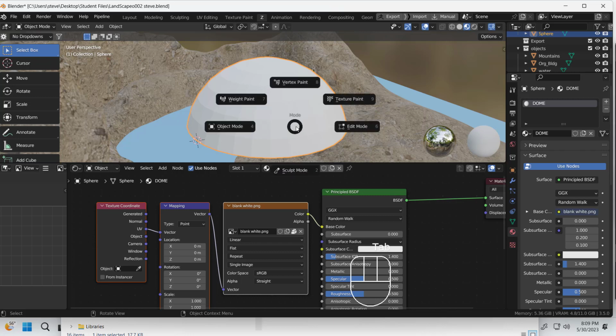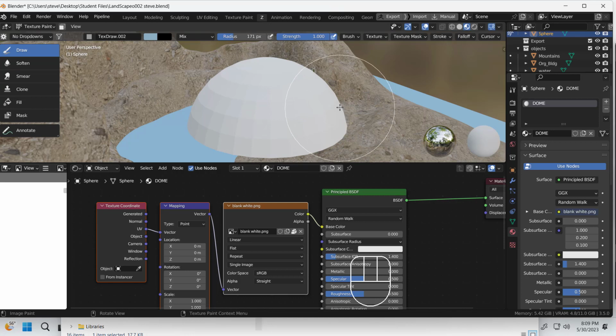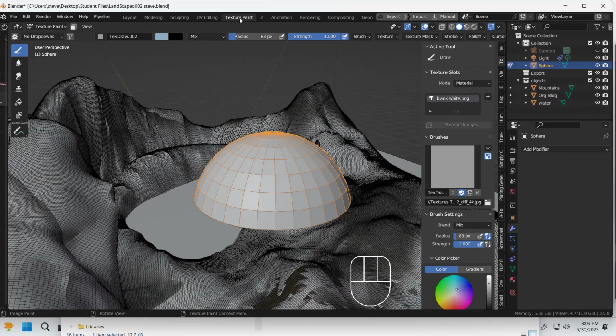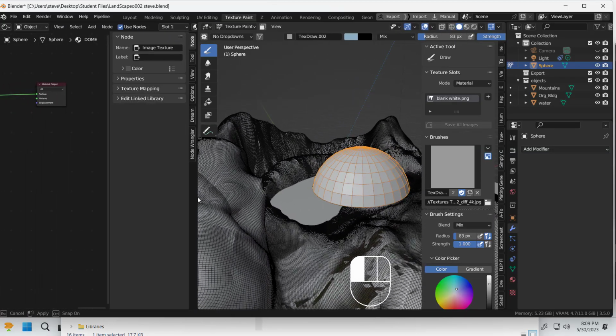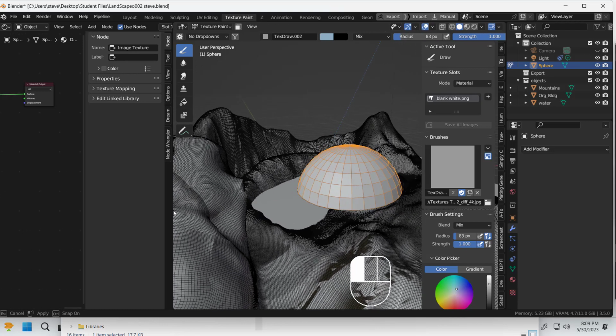So if I go to the Tab key, and I'm going to go over here to texture paint. And I want to check some things out here real quick. Let's open up the texture paint tab right up here. That'll throw me into the texture paint mode. The blank white is what we're painting on. Now if I pull this over, now this is going to be helpful. Pull this over, you have over here